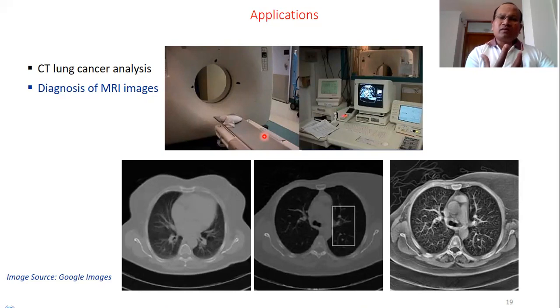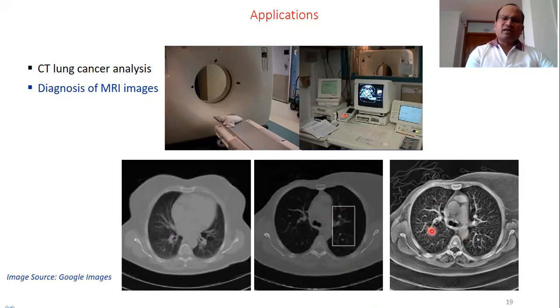So these are the setups where there is a lot of possibility of mixing in unwanted signal, which we call noise or artifact. And in order to address that, spatial filtering is used. When we are diagnosing MRI images, if you compare the first image and the second image, you find that there is some area which can be further highlighted.